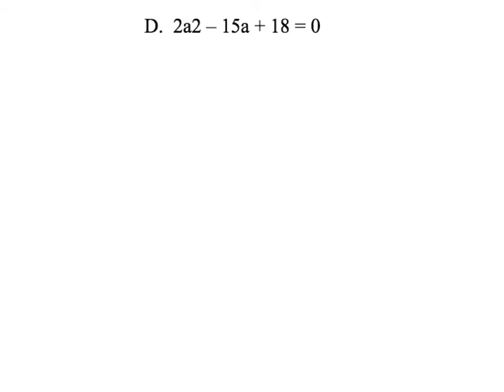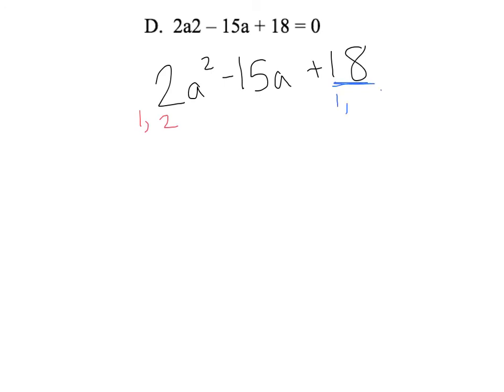And here's our last problem. I'm going to rewrite this because it's supposed to be 2a squared minus 15a plus 18. This time we have a number other than 1 out front, so our factors are going to be 1 and 2 instead of 1 and 1. And then we have 18 at the end here, so my factors are 1 and 18, 2 and 9,